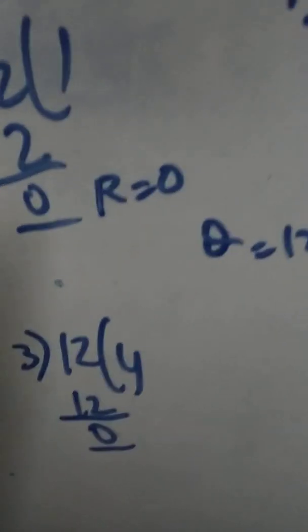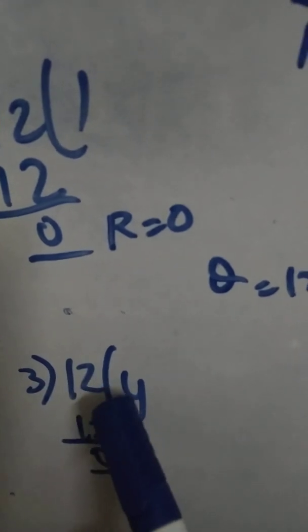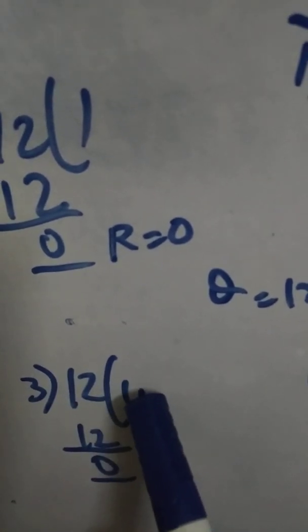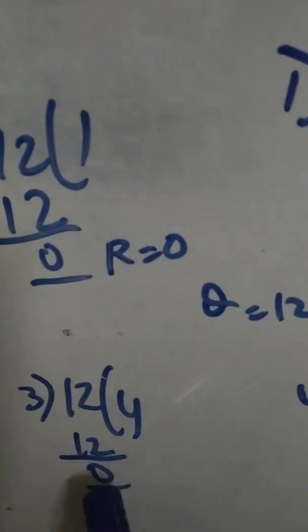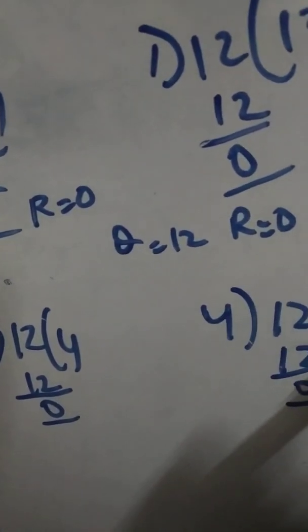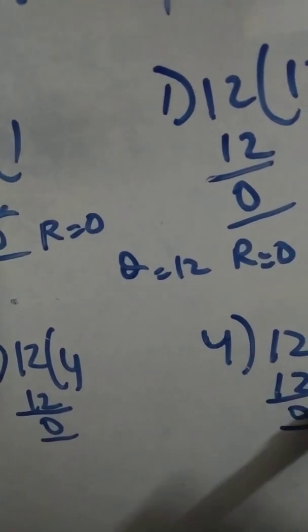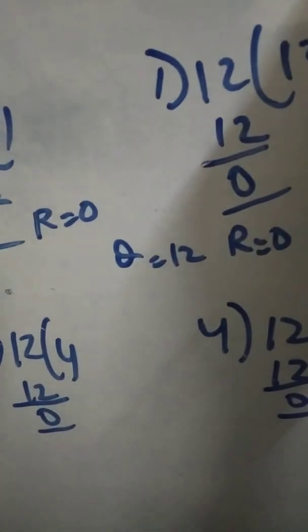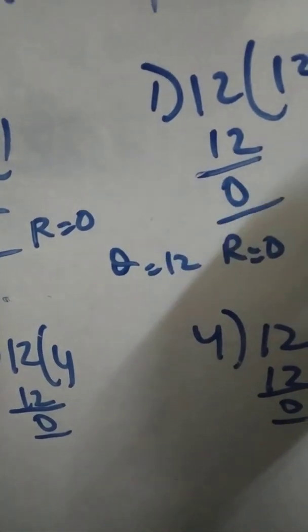Isn't it? Next you divide by 3. You divide 12 by 3. 3 fours are 12. We get the remainder 0. Divide 12 by 4. 4 threes are 12. In both cases we get the remainder 0, or not? So 3 and 4 are factors of 12. Same way, 6 is a factor of 12.